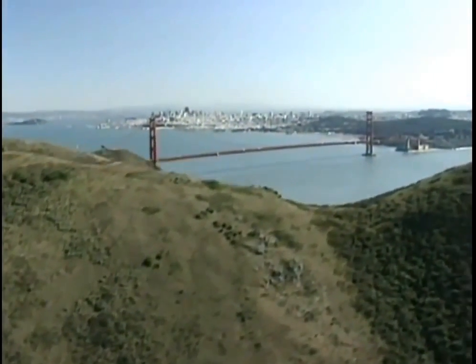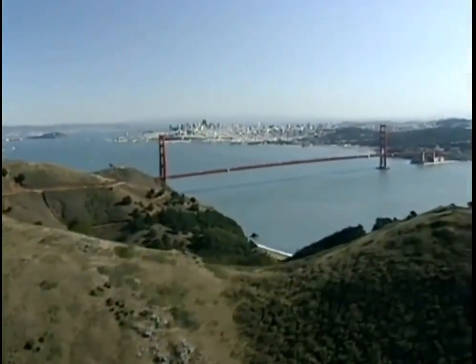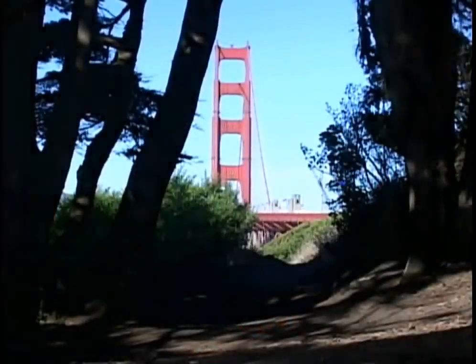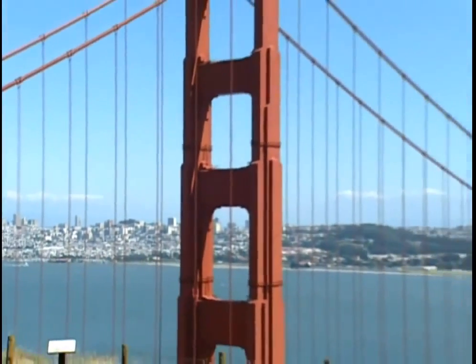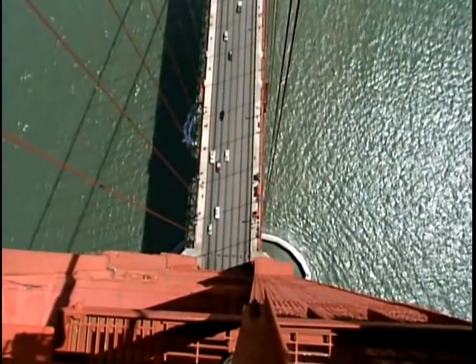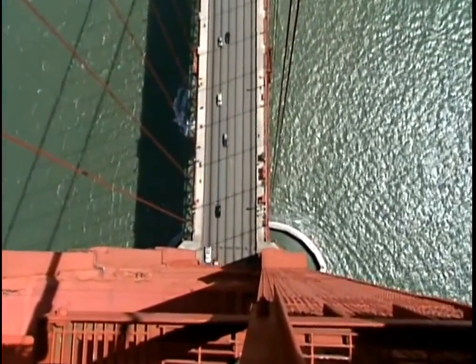From vantage points all over the San Francisco area, the Golden Gate Bridge's mighty towers can be seen rising majestically above the entrance to the bay. Each steel tower weighs a hefty 22,000 tons. But despite the need for such mammoth support structures, the aim of the architects was to infuse them with a